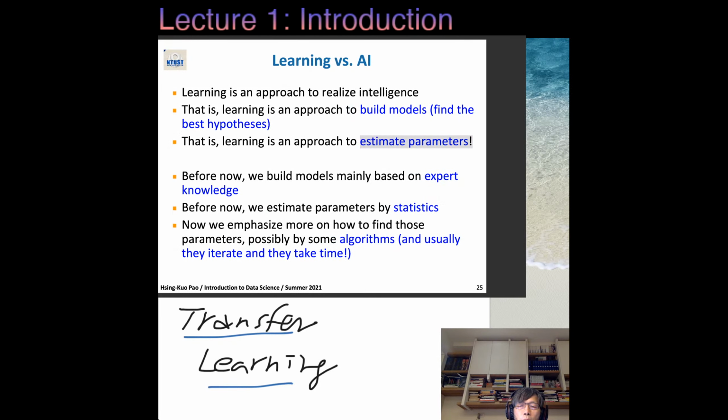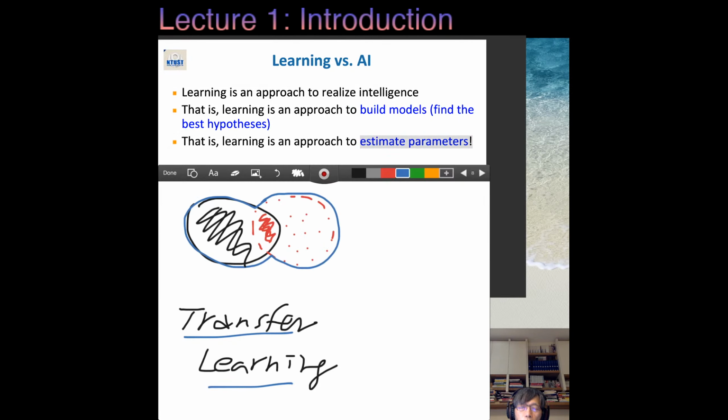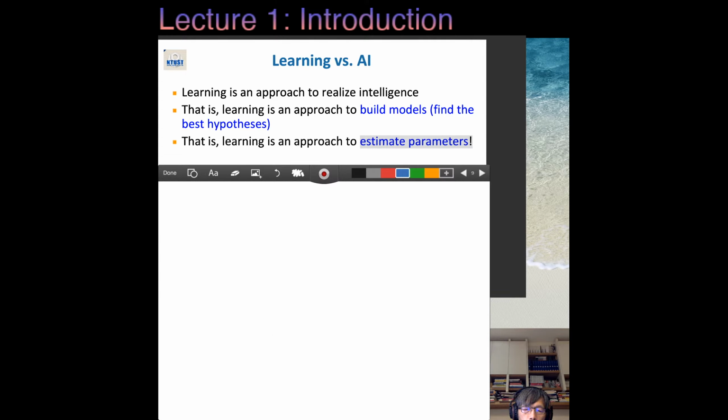Suppose we got a program. Maybe we write a program, a learning program. So maybe later when we get data, I can draw like this. The program will be in the middle.